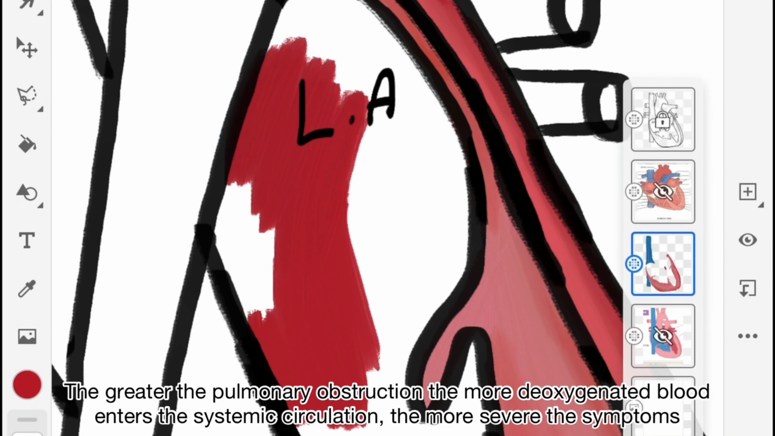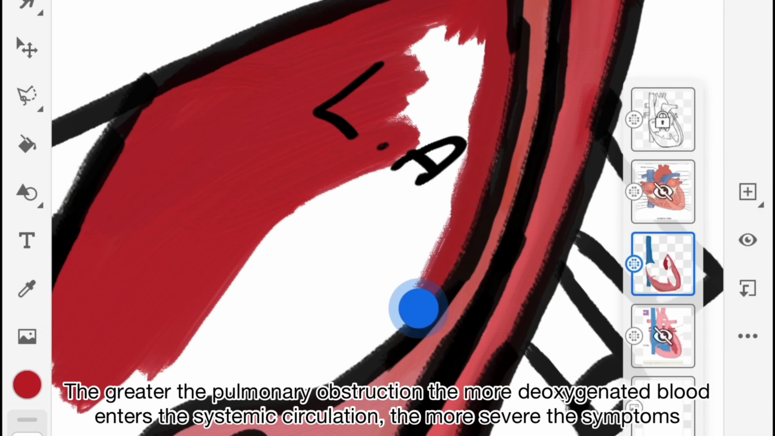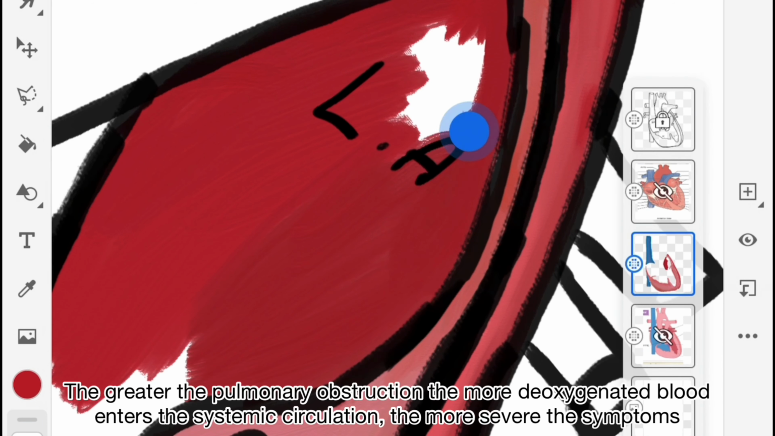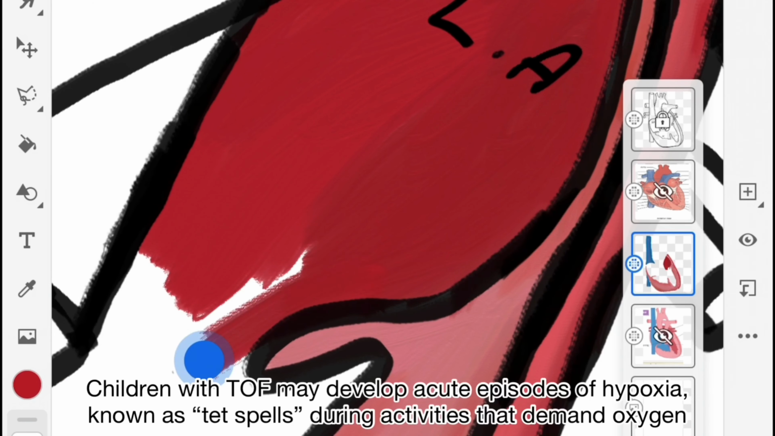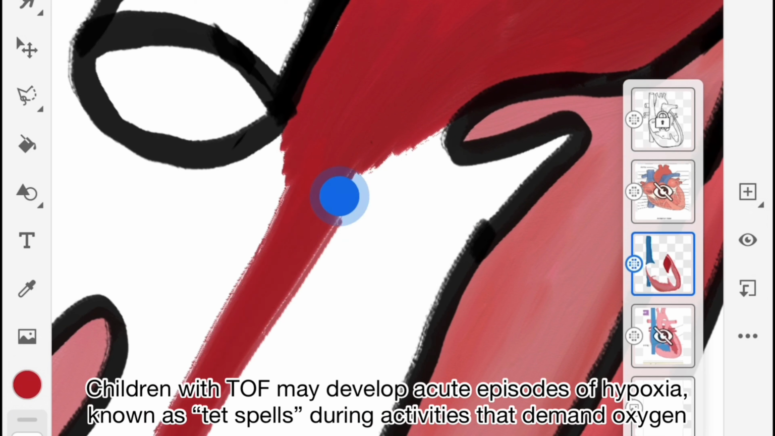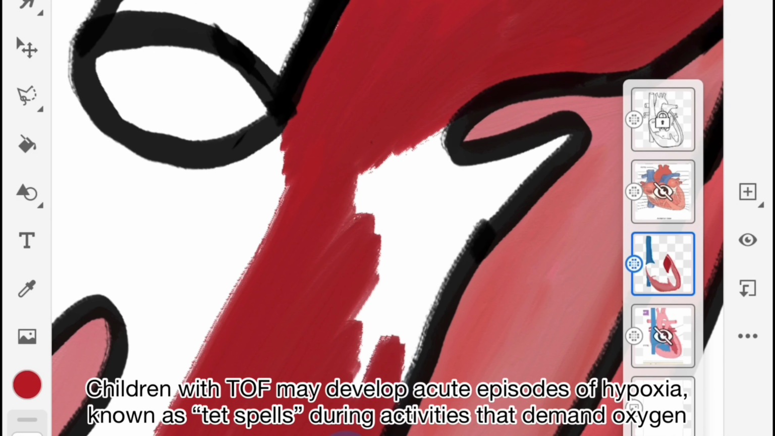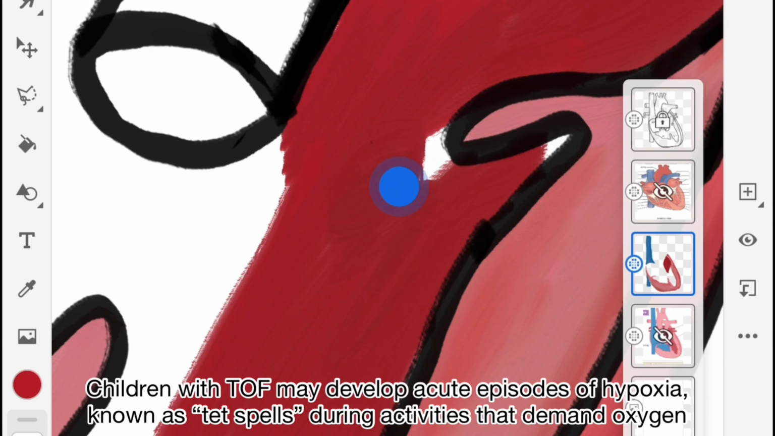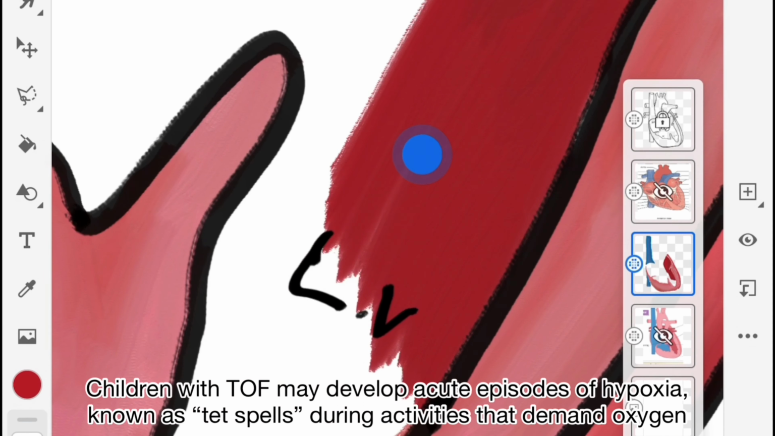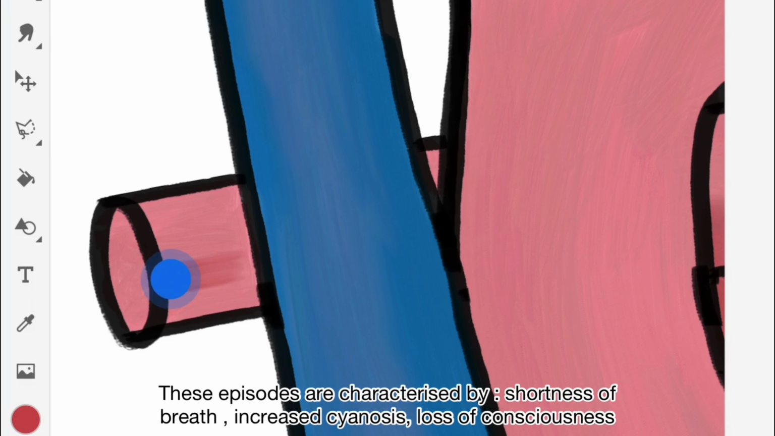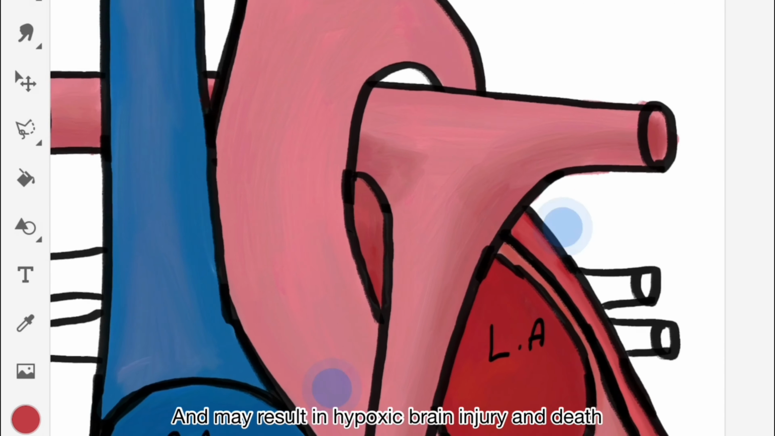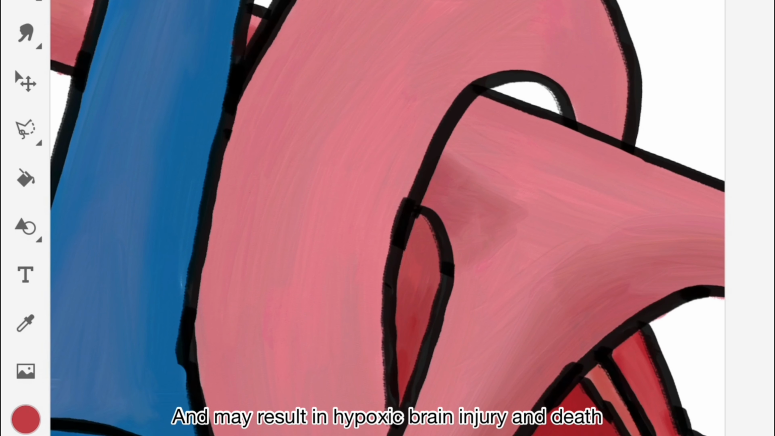The greater the pulmonary obstruction, the more deoxygenated blood enters the systemic circulation, the more severe the symptoms. Children with TOF may develop acute episodes of hypoxia known as Tet Spells during activities that demand more oxygen. These episodes are characterized by shortness of breath, increased cyanosis, loss of consciousness, and may result in hypoxic brain injury